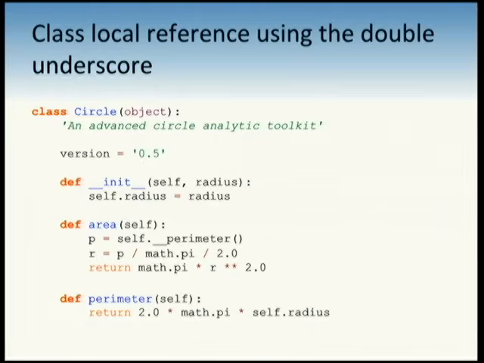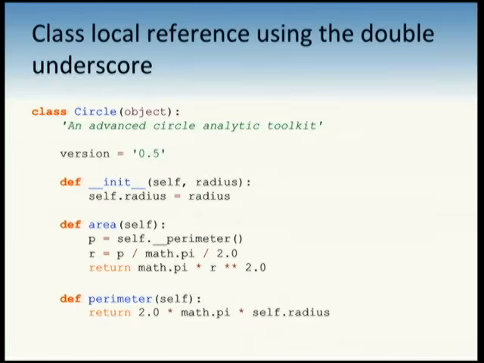Who learned something new? The purpose of the double underscore is what we call a class local reference. We are making sure that self actually refers to you. Most of the time, self means you or your children, but occasionally you need it to be you. People will mistakenly represent this as the way to make things private in Python. Is Python about privacy? No, it's a consenting adult language. We don't leave the locks on the door. The intention of the double underscores was not about privacy. The intention was to use it exactly like this.